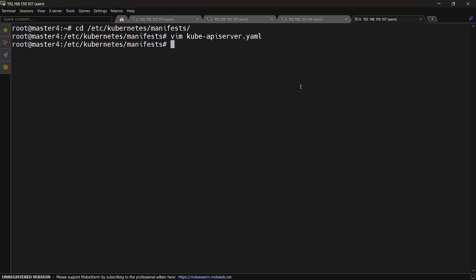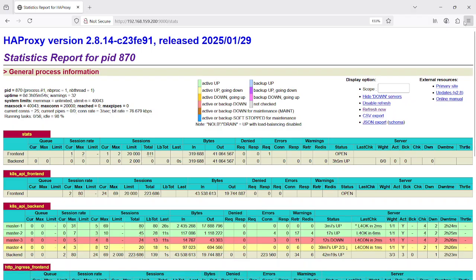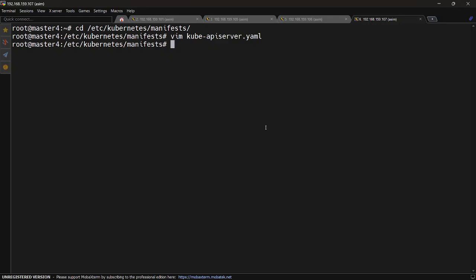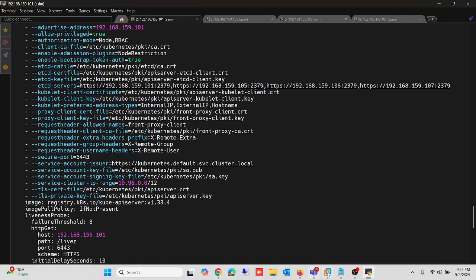So I change in all my nodes. All my API server will go down whenever you are changing anything in the static pod, it will restart. So this is done. Okay, so now we have to understand